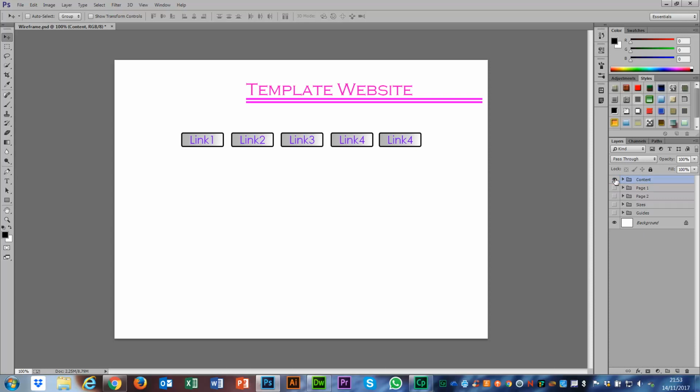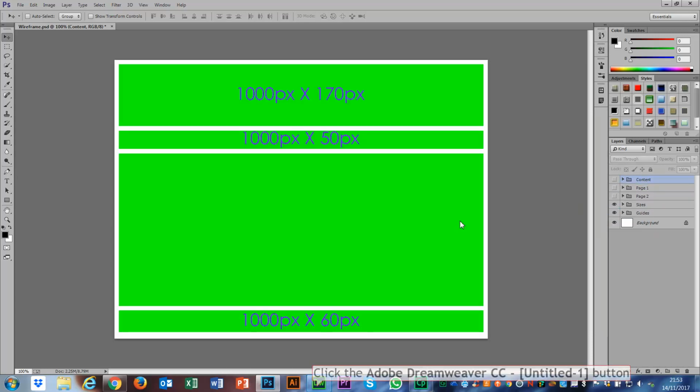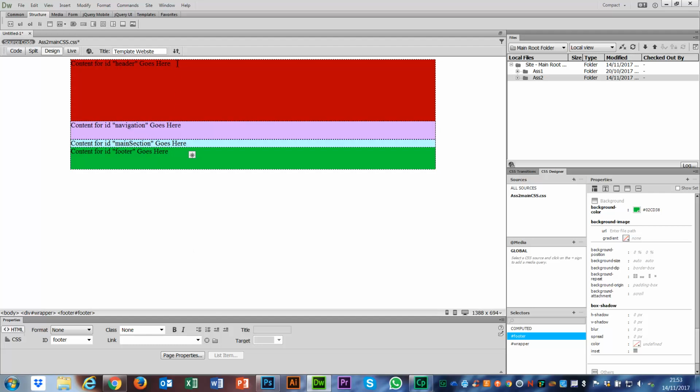So bringing back that, back to Dreamweaver, I'm just going to change my header here. I'm going to make that a format of heading 1, just to make it nice big text. And in my navigation, I'm just going to type in link 1, link 2, link 3, link 4, link 5, and that'll do. Okay, footer, maybe put a name in there, or just put copyright. Just write the word copyright. I could just copyright James, that'll do. And there you go. That is now my